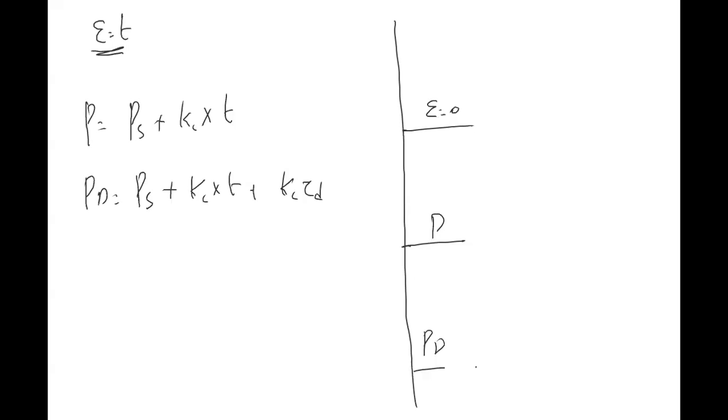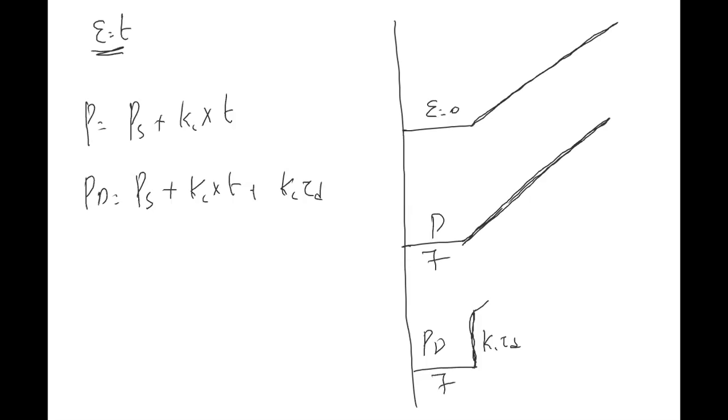PD controller. This gives 7 psi, this gives 7 psi. Suppose the error increases with respect to time, then what is my proportional controller? It increases with respect to time. What is my proportional derivative controller? It adds an extra Kc into tau D on top of the proportional action. It is adding this upfront because the error is